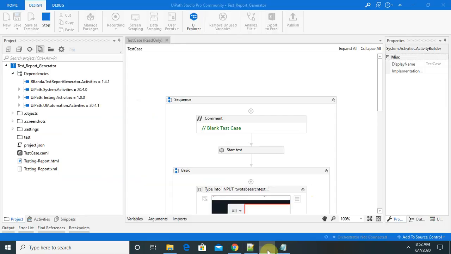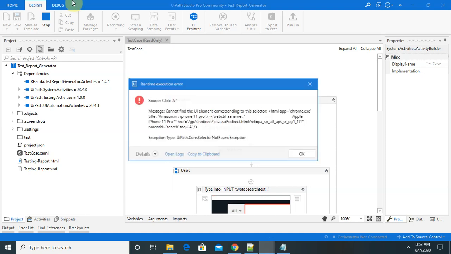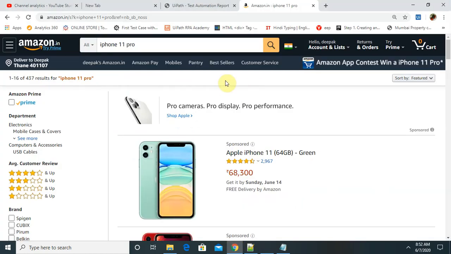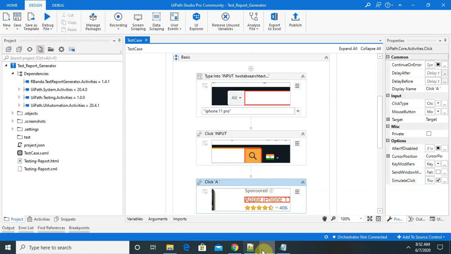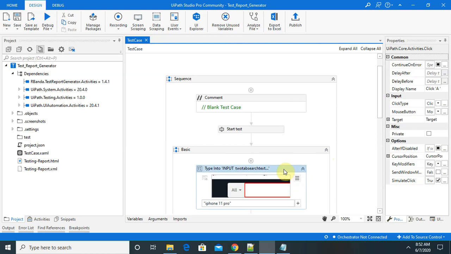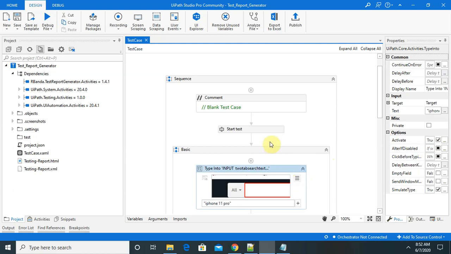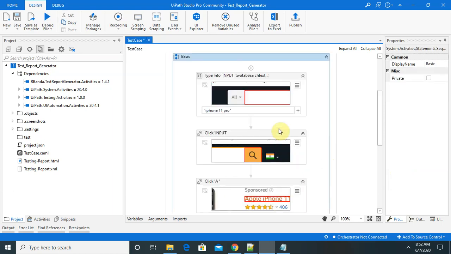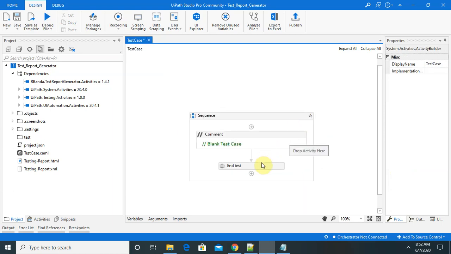Now execution is completed, and we have found that by mistake I clicked here on best seller, so our sequence is different. By mistake it clicked best seller, and because of that it's showing an error. So let me delete this, and I will create it in front of you, so that you are also able to see or create it on your own.